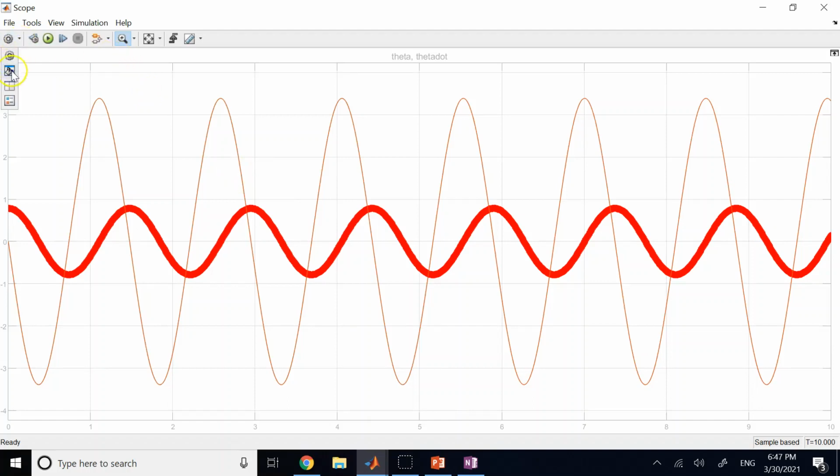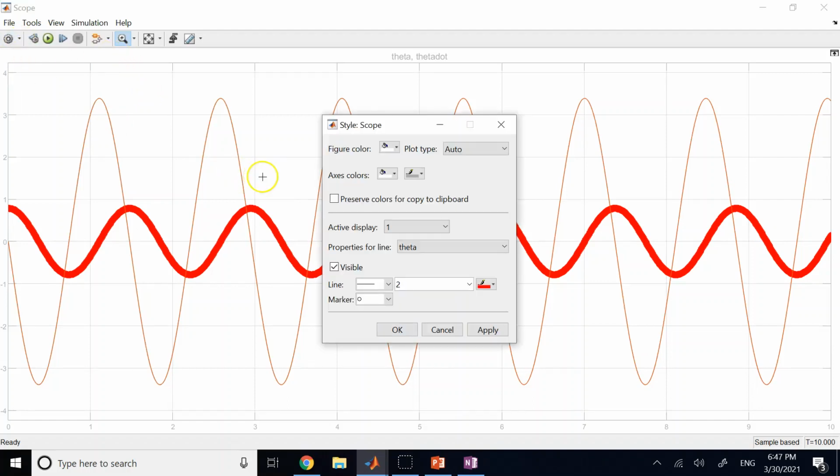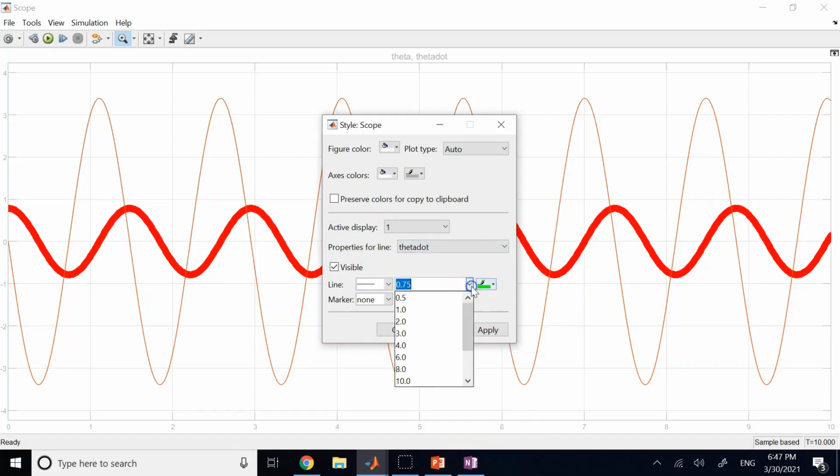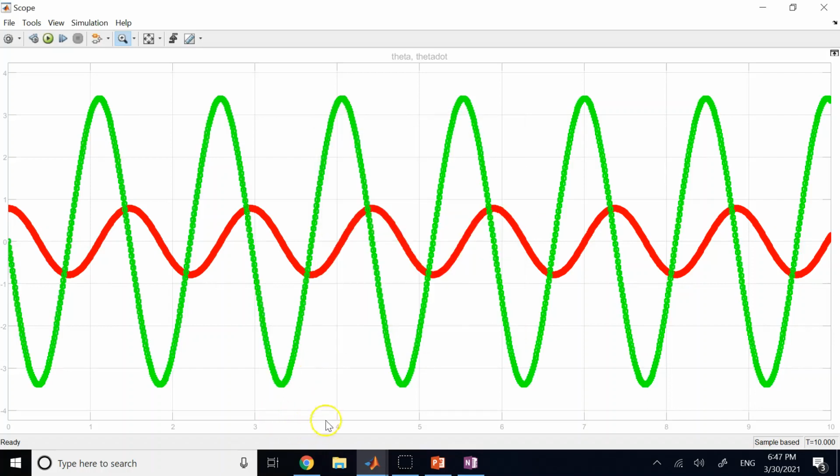I just need to go again back under the style, and here you have 2 theta now. One of them is theta, the other one is what? Theta dot. And I say change the color of that to green, and change the pixel also to 2 and give it a marker of, let's say, square. Apply. So now you got your theta dot and theta, and to know which one is which, you can insert